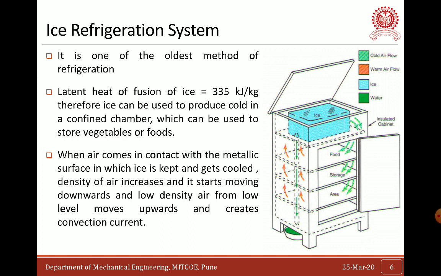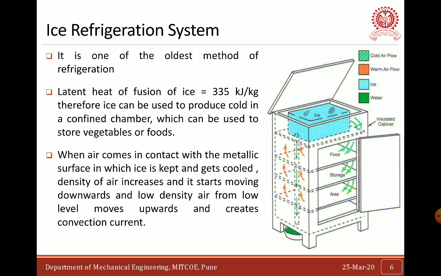And at the lower level there is a container which collects the water after melting of the ice. So why is this method used? Because the latent heat of fusion of ice is 335 kJ per kg. Therefore, ice can be used to produce cold in a confined chamber, which can be used to store vegetables or